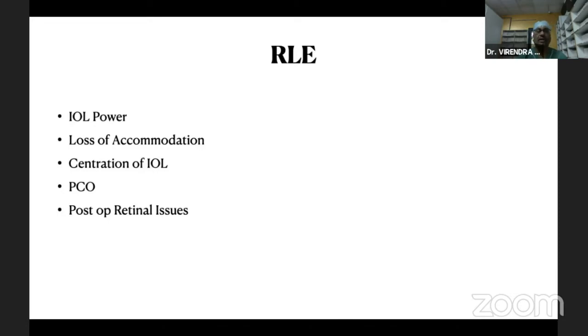As Dr. Shukla sir already pointed out, there are so many patients who go for emmetropization, but there are some patients who never go for emmetropization. So if you leave an undercorrected refractive error, particularly for hypermetropia, they may maintain high refractive error even after refractive lens exchange. And for myopia, there are different sets of problems, so that is usually avoided. So if you are thinking for myopia, think of phakic lens. If you are thinking for hypermetropia, think of refractive lens exchange.